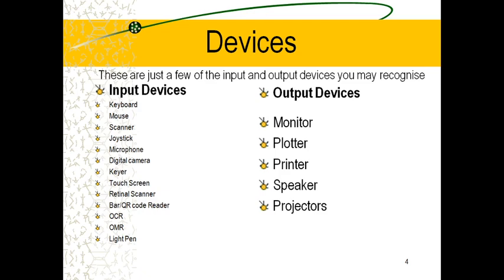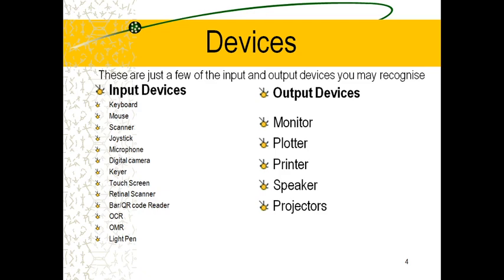So the next one is the scanner. Scanners are used to enter information directly into the computer's memory, and what you scan with the help of the scanner is shown on the monitor. The scanner converts any type of printed or written information, including photographs, into a digital format, which can be manipulated by the computer.